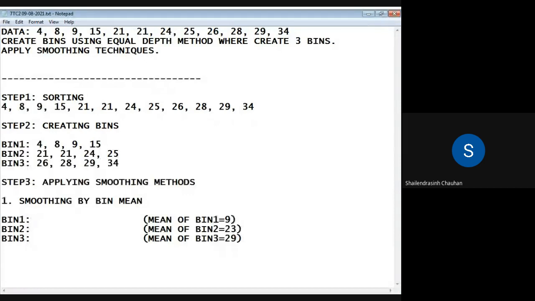So in bin 1 you will be having 9s, here you will be having 23s, and here we are replacing all the values with its mean, that is 29.